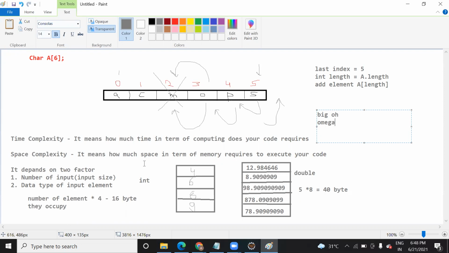But for you, this knowledge is enough to solve any code and analyze it internally. Time complexity means the time that your code needs, usually in milliseconds or seconds, to execute. And this is your input. So this is the time complexity.